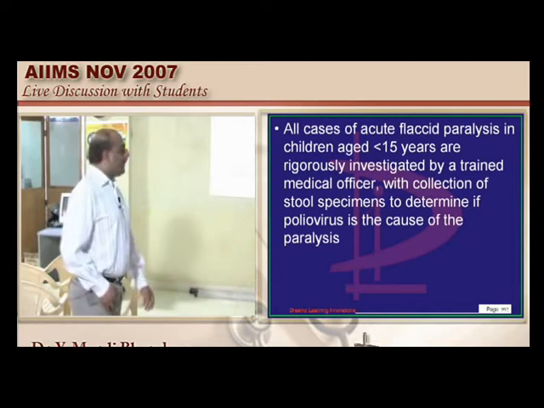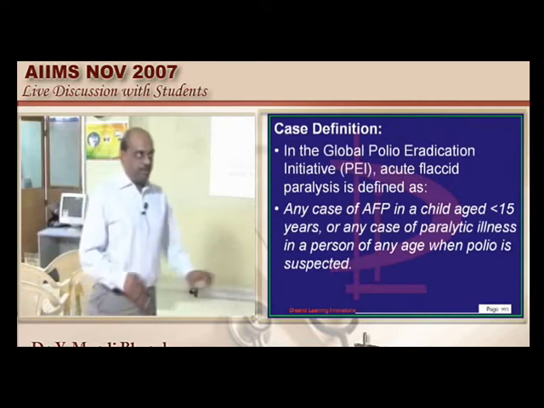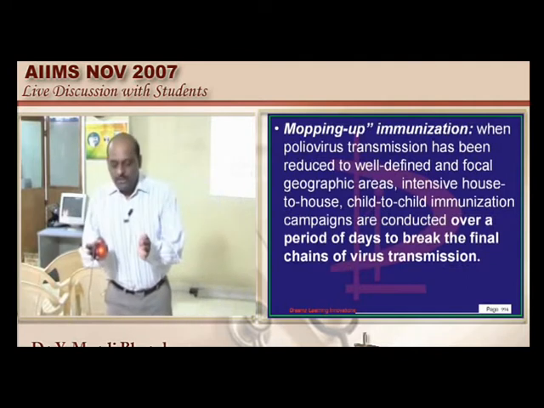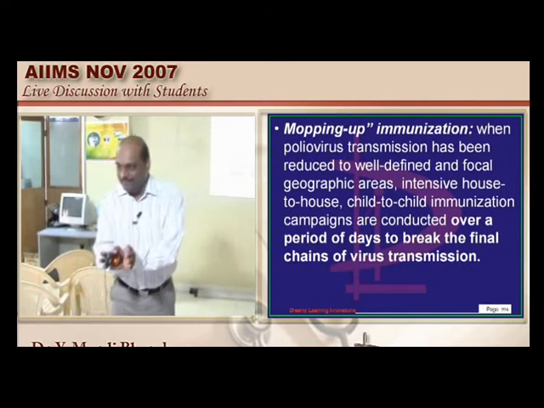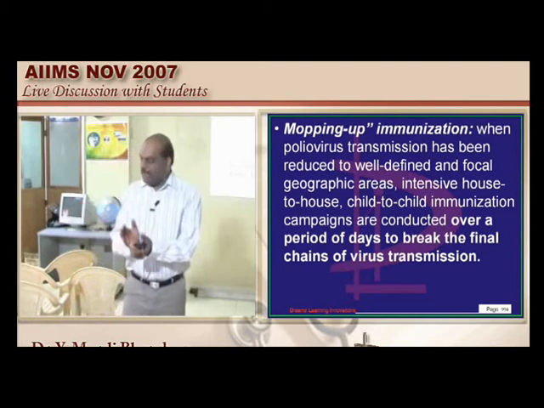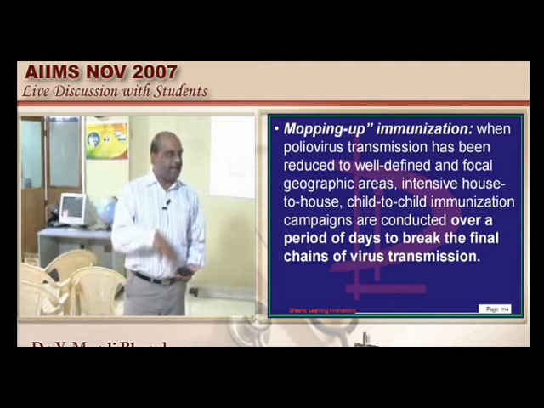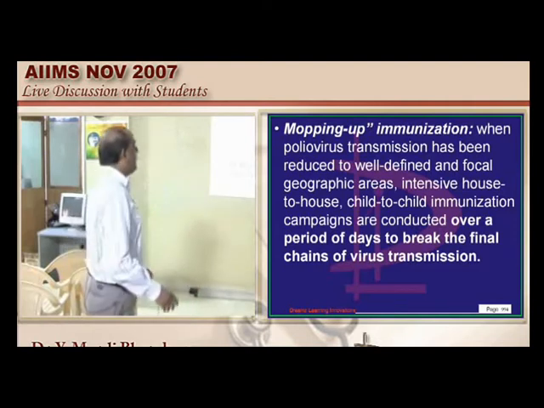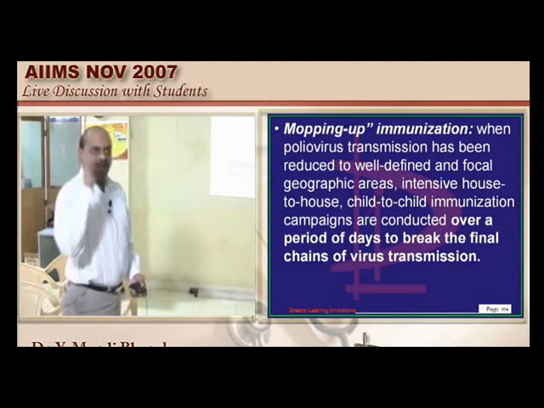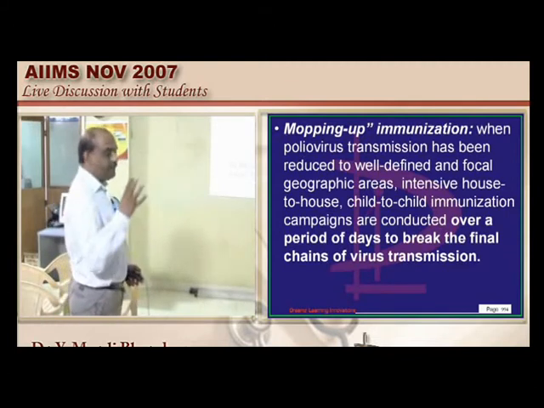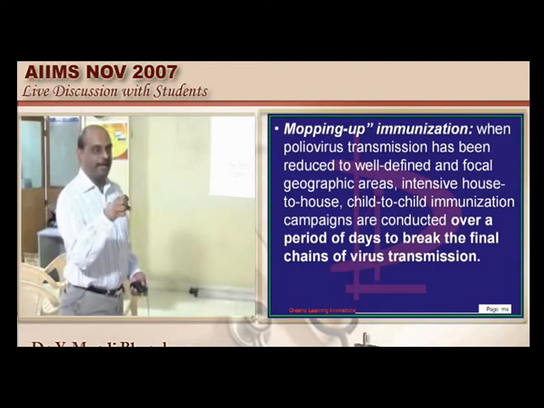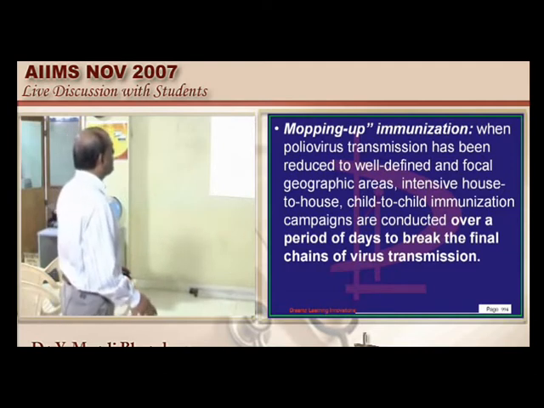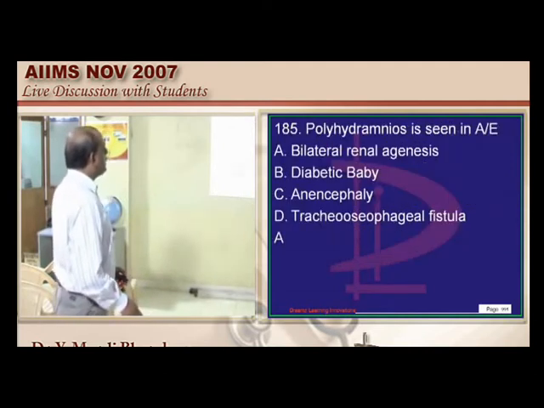Basically the mopping up immunization is, first you will give OPV, pulse polio, and then the virus becomes restricted to a specific geographic area. Once it is restricted to a specific geographic area, then you will be attacking that area by stepping up your immunization protocol. So mopping up is typically done to finally break the chain of viral transmission after it got restricted to a specific geographic area. After doing the pulse polio immunization, it is called the mopping up ceremony. Now let's go to the next question.